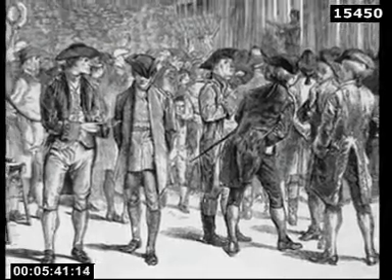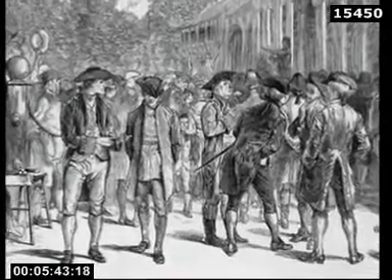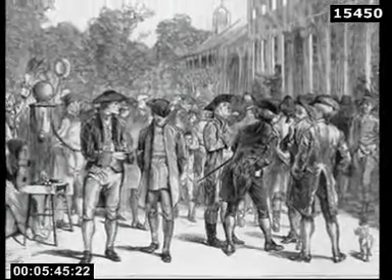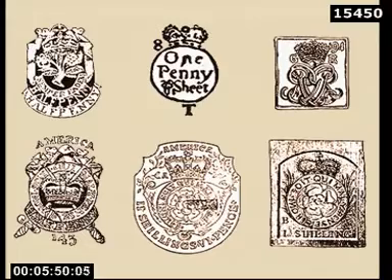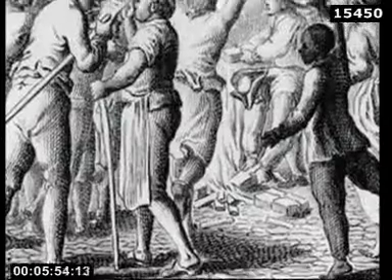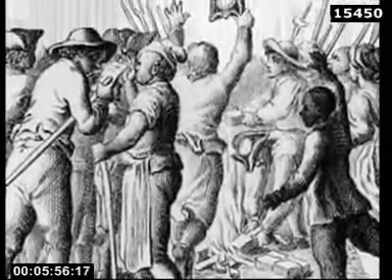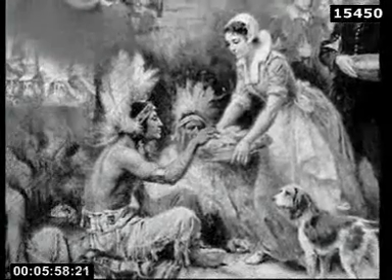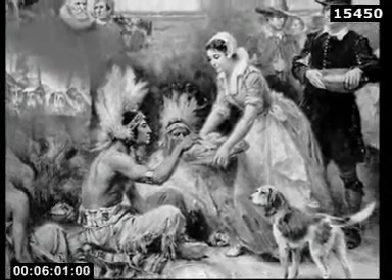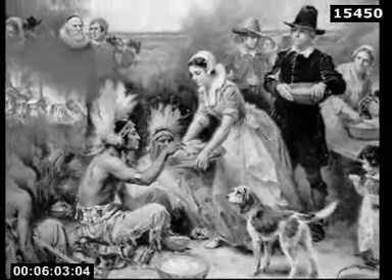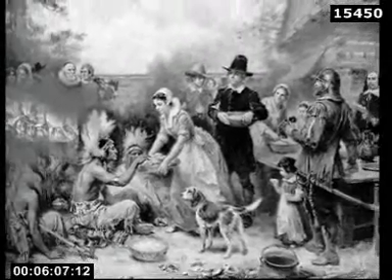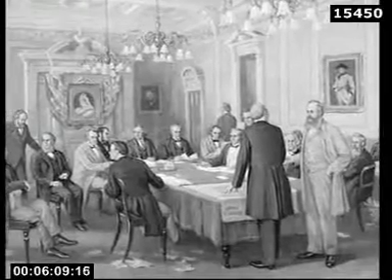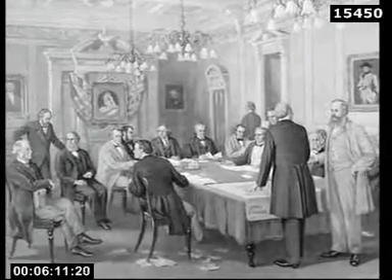Adopting the view that the colonies should pay a substantial portion of the costs associated with keeping them in the empire, Britain imposed a series of taxes, followed by other laws that proved extremely unpopular. Since the colonies lacked elected representation in the governing British Parliament, many colonists considered the laws to be illegitimate and a violation of their rights as Englishmen.